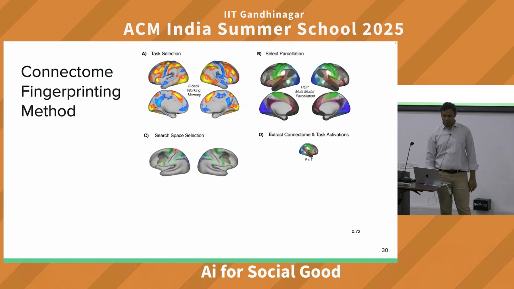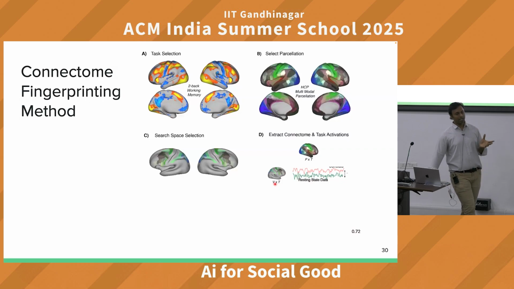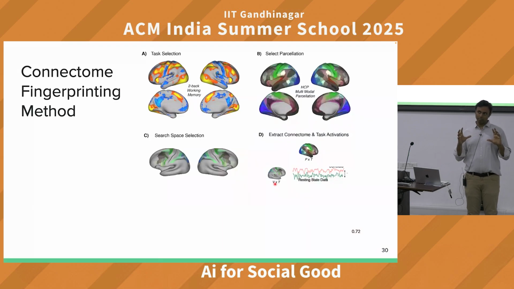In the second step, we took the brain tissue where we are interested. For example, for working memory, we see a lot of activity in this particular region of the brain. It is very computationally expensive to model the whole brain, so we focus on just this part and create a computational model for it. How we do it is we create this time series correlation. You have the resting state data, any data you can take, and then you make a correlation between all the voxels. In MRI data, you get these things called voxels. Anyone know what a voxel is?